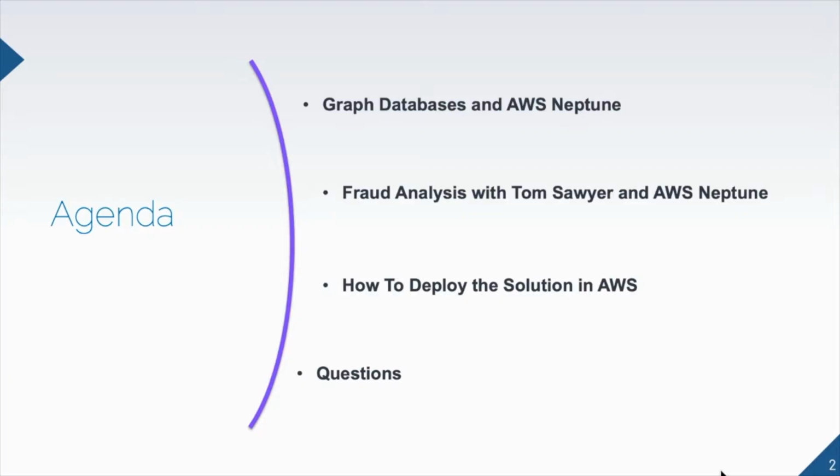The agenda for today. We will touch fundamentally on three things. The core part of this webinar is fraud detection. We want to show you how to tackle this specific use case using a graph database and using the Tom Sawyer platform, which is powered by